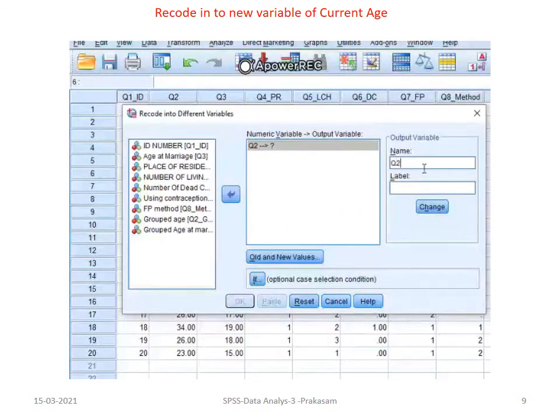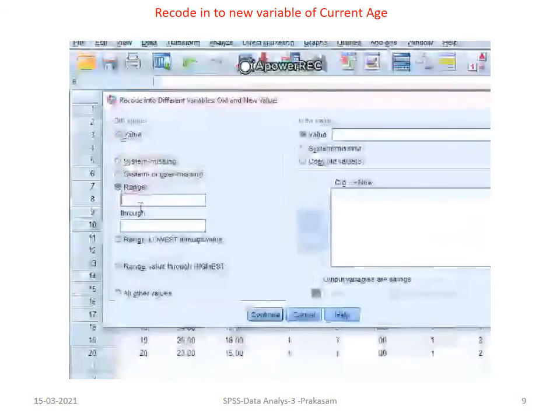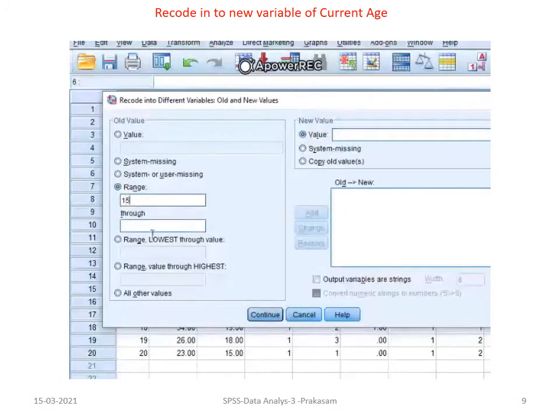I will give it a name, G A G E, as a new variable. Then I will give the label as grouped age. Then I will go to old and new values. Old values are 15 to 19, and I will transfer it into code value 1, then add it.